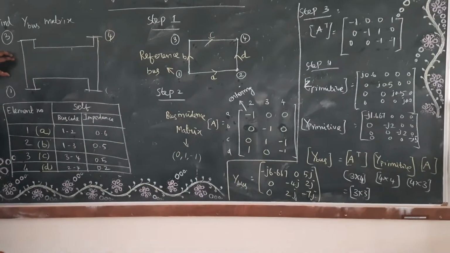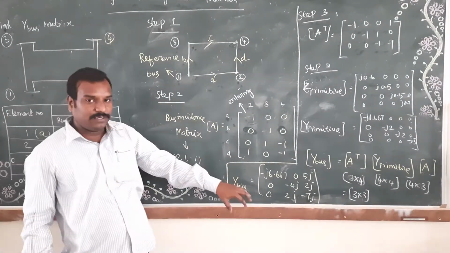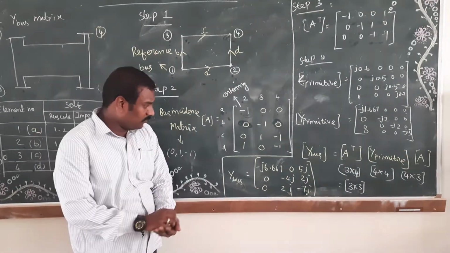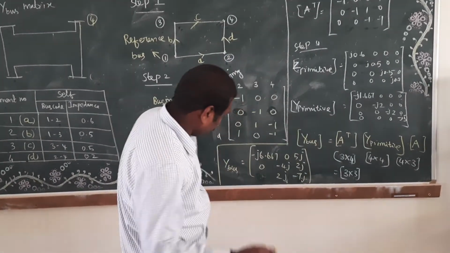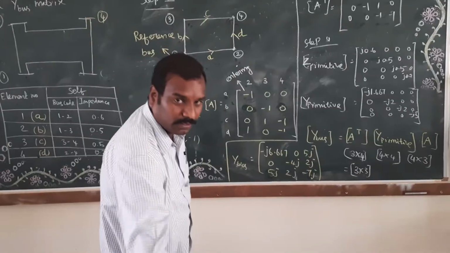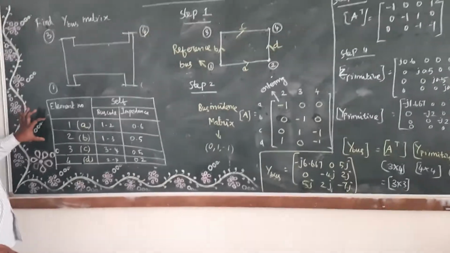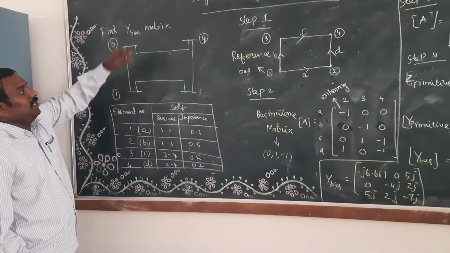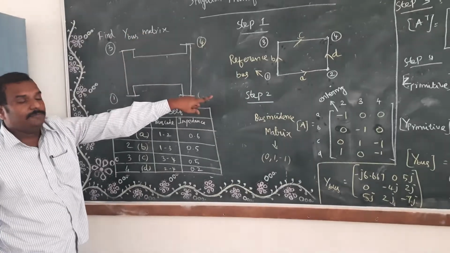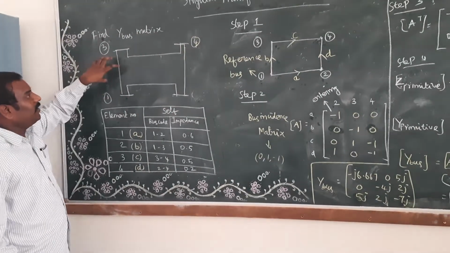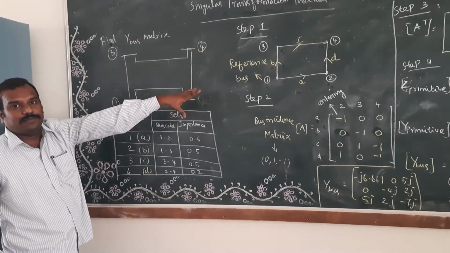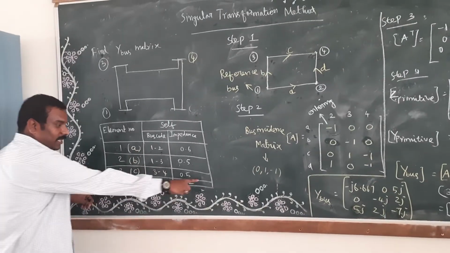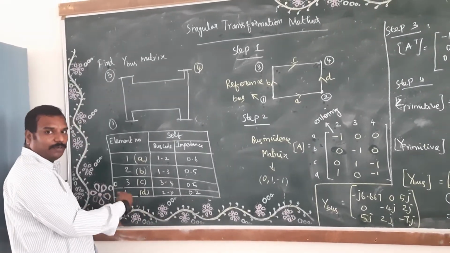They are given a power system like this, right? In addition to the single line diagram, they are given a tabular column also. We check whether any generator is available. If a generator is available, the first bus should not be considered as the reference bus. Only when no generator is connected can we have the first bus as the reference bus. Then they are given a tabular column. We have marked each edge name A, B, C, D. If 5 rows are available, you can add one more, E.